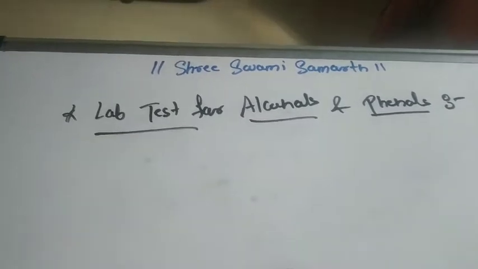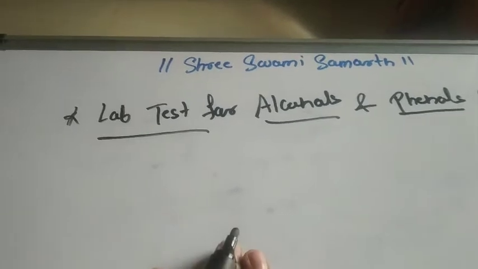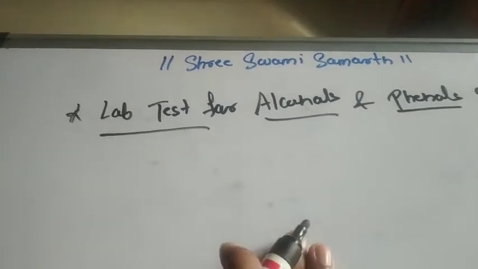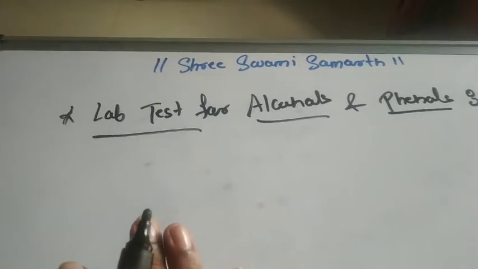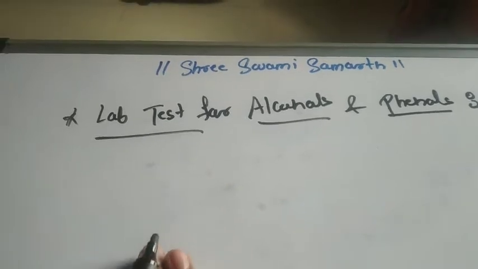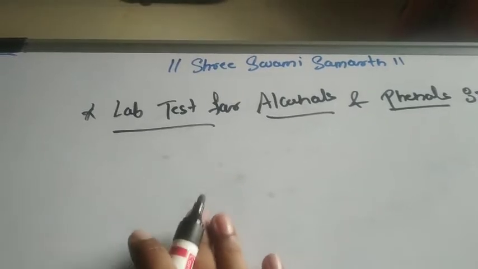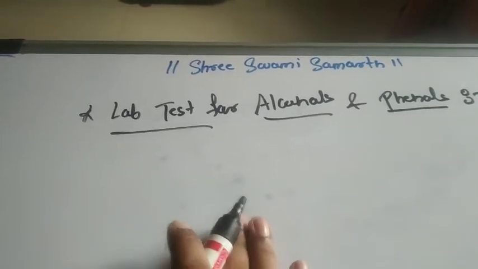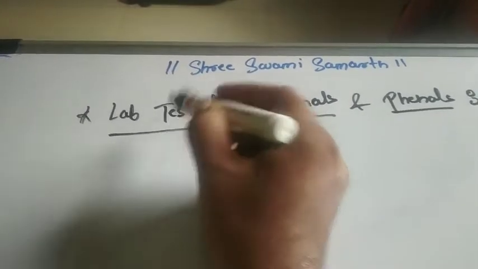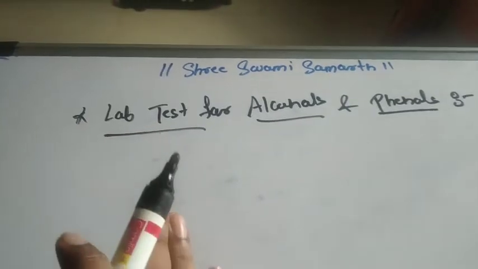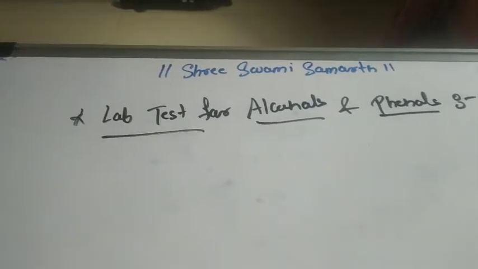Right? So as per our new syllabus, the syllabus which has been reduced by the board, this is not included, but let me tell you my dear students, I am going to take this particular lab test because it is very important as far as your practical chemistry is concerned. Because in practical chemistry also we have the detection of alcohols in the functional group. So when we do the detection of the functional group, we are supposed to do the lab test. So for this purpose this test will be required. Okay, so let's talk about the test.